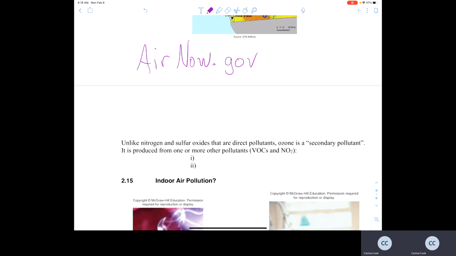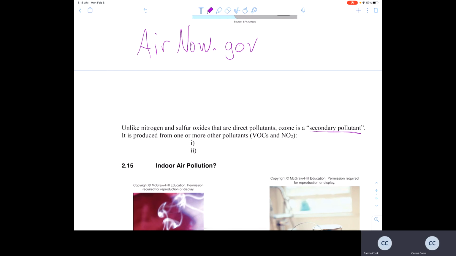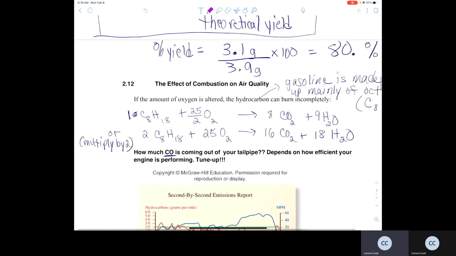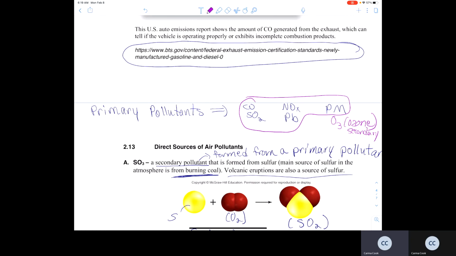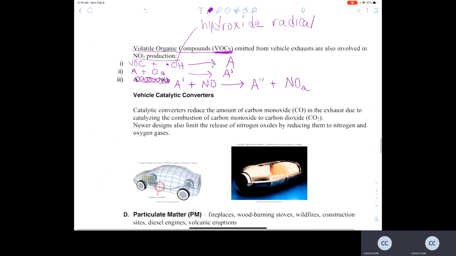So unlike nitrogen and sulfur oxides that are direct pollutants, ozone is mainly considered a secondary pollutant. But ozone is listed with those 6 most dangerous air pollutants. But of the 6, it is the secondary pollutant. The other 5 are considered primary pollutants. So ozone as a secondary pollutant